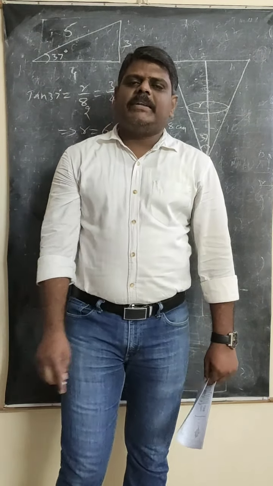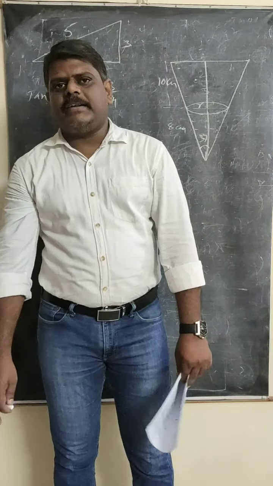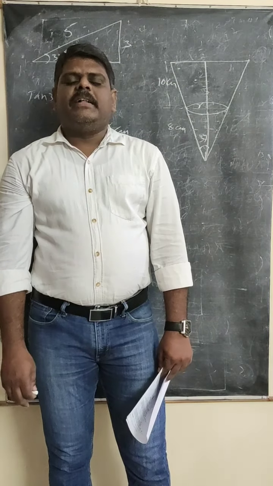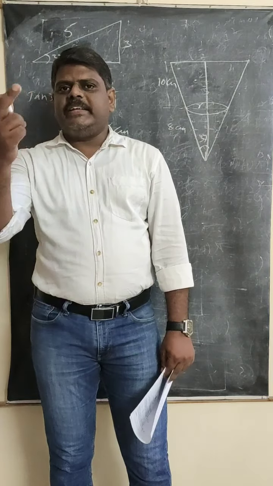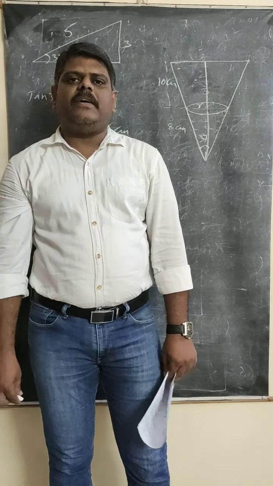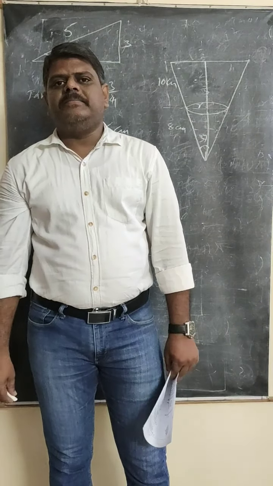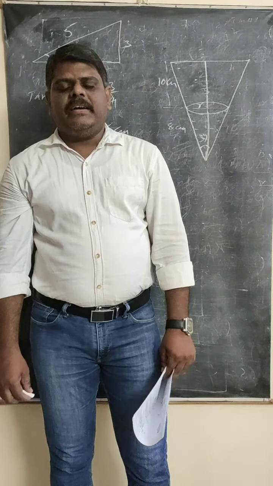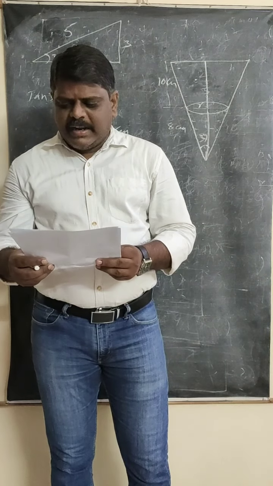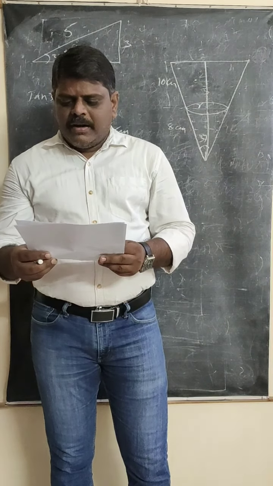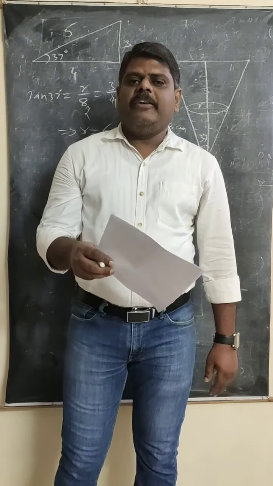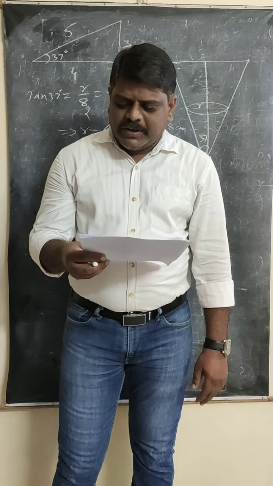I hope all of you remember the relative density formula. There are a lot of formulas to find the relative density. The general formula is: relative density is equal to the density of the object divided by the density of water. And the density of water is 1000. In the problem, the relative density given to you is 0.8. And if you want to find the density of the object, what do you need to do?